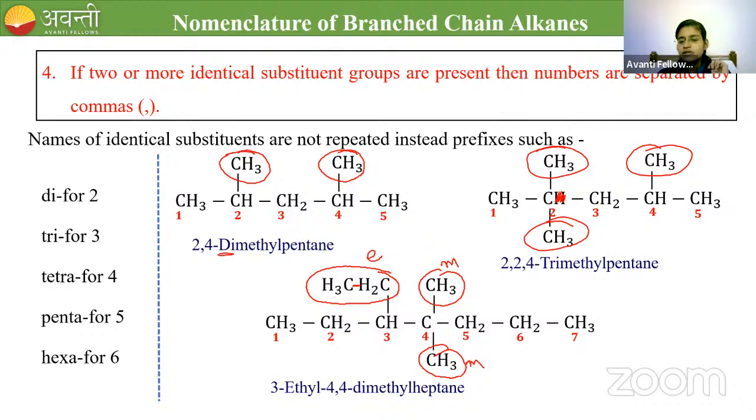So we have two different types of substituents. One is ethyl and the other one is methyl. So follow the alphabetical order. According to the alphabetical listing, ethyl will come first. So 3-ethyl and 4,4-dimethyl. And the parent chain, we have 7 carbon, right? So it is heptane. This is the prefix. This is the root word. And ANE is the suffix. Okay. Clear?